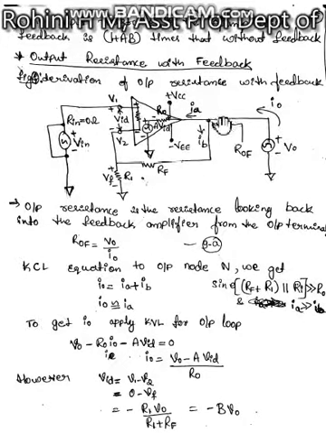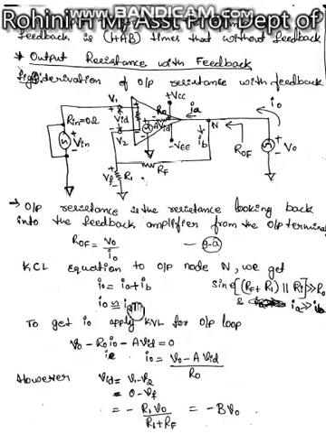Applying KCL to the node N, the current entering the node N is I naught, and the current leaving from this node is IA and IB. So we can write I naught is equal to IA plus IB. Here IB is very much negligible, as RF plus R1 in parallel with RI is very much greater than R naught. Since it is having high output impedance, this current is negligible. So I naught can be written as only IA.